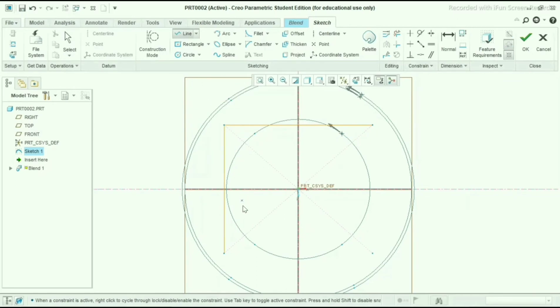Go to the line command, make one line. And make sure it will be complete geometry.